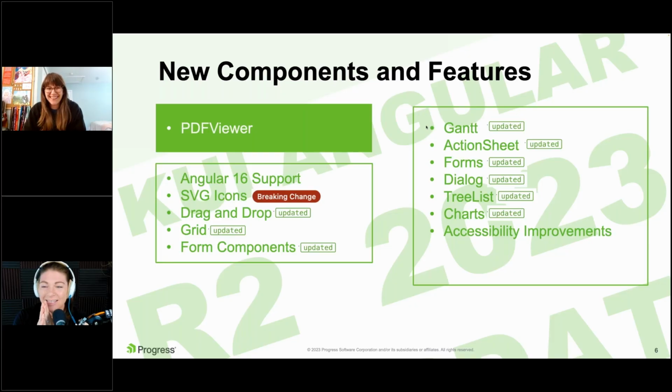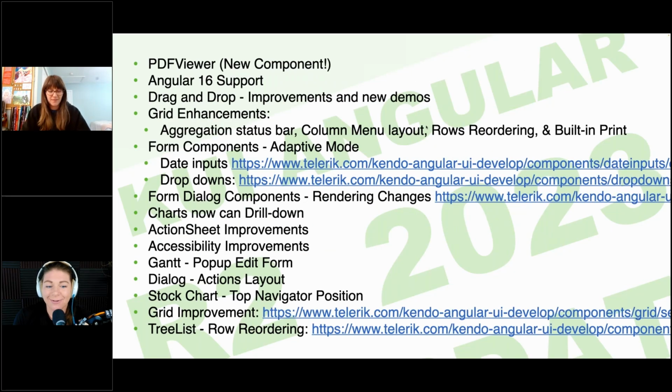Along with so many others. This list looks unique because I had to really simplify it, because the Gantt, for instance, got a bunch of different changes, and the dialog forms had a bunch of different changes. So I simplified it so that you could see a bird's eye view of what changed and what features were added. But then we're going to drill down into each one of those. And that was actually a